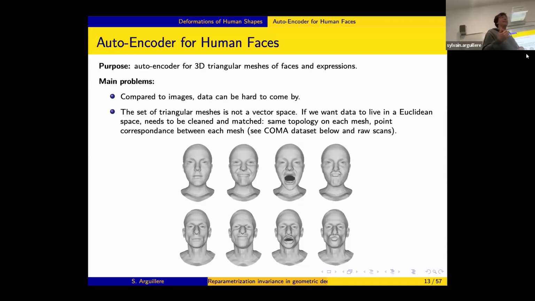The answer is they wanted to show that we can do better with a neural network than PCA, and so you need extreme expressions because it's the case where PCA starts to